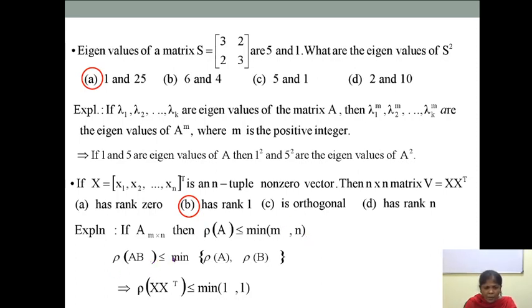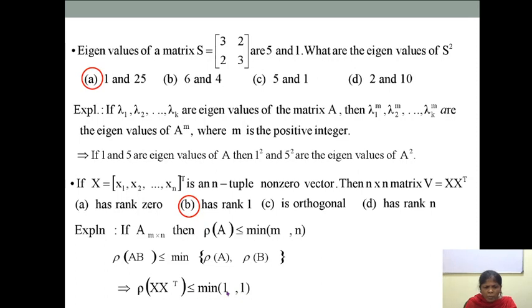Similarly, if we have a product, then its rank should be less than or equal to the minimum of rank of A and rank of B. So here the two matrices are A, which is X, and B, which is X transpose. So the rank of X will be less than or equal to the minimum of N and 1. Obviously the minimum must be 1, and similarly the rank of X transpose is the minimum of 1 and N. So the minimum comes out to be 1, right? Therefore the rank of both X as well as X transpose is the minimum of 1 and 1, and hence its product comes out to be the minimum of 1 and 1.